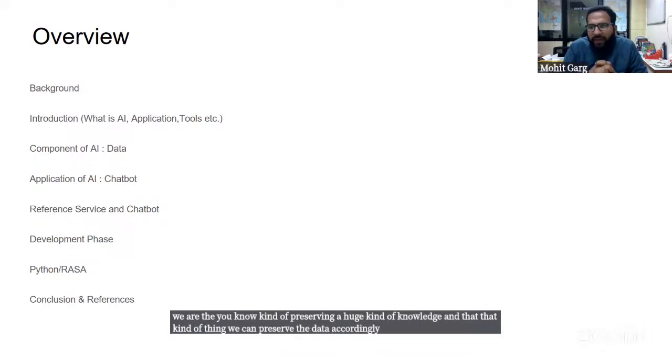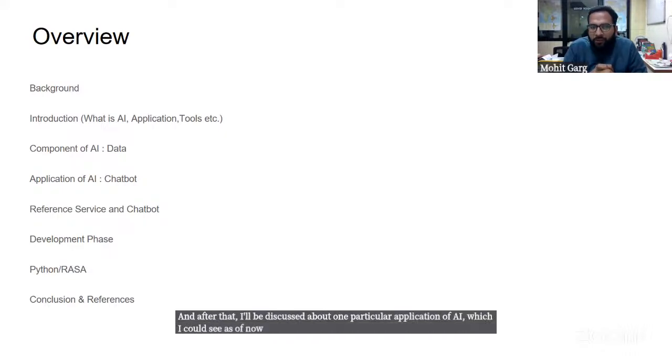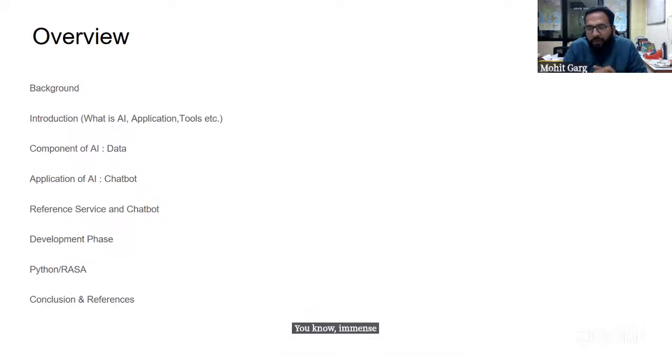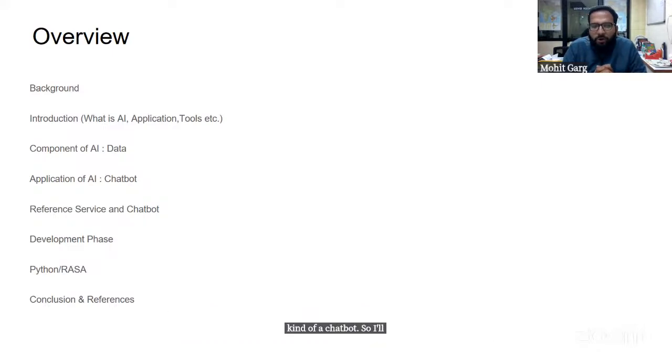After that, I'll discuss one particular application of AI which I can see as of now has immense application in library services, which can handle day-to-day queries, like what is the timing of the library, what books are available, which resources are available. We can streamline all those common questions by building a chatbot. So I'll be discussing the chatbot. Then I'll relate this chatbot to the reference services,